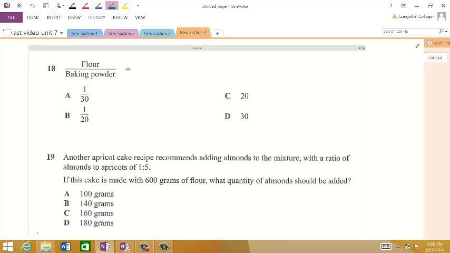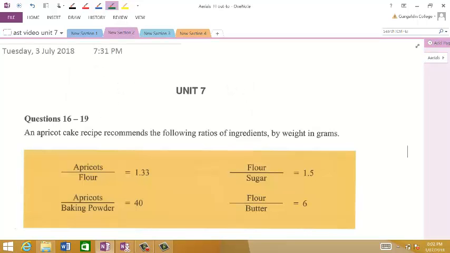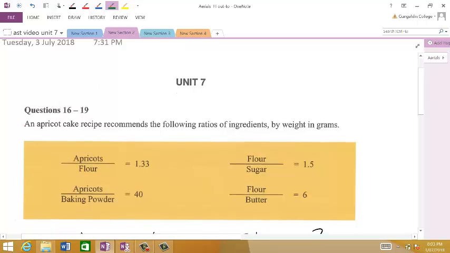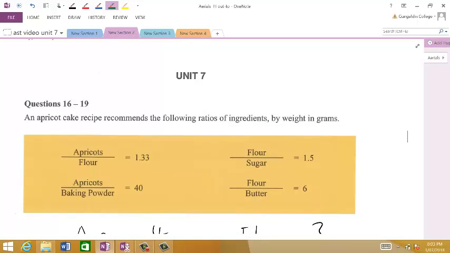This is asking us to work out what the ratio between flour and baking powder is according to the following recommendations of ratios of ingredients. Now notice that flour and baking powder aren't connected. There's no equation with flour and baking powder in them. What they're asking us here is how to create that equation. Now we know that apricots divided by flour equals 1.33, or 4/3 as we've written. Okay, so